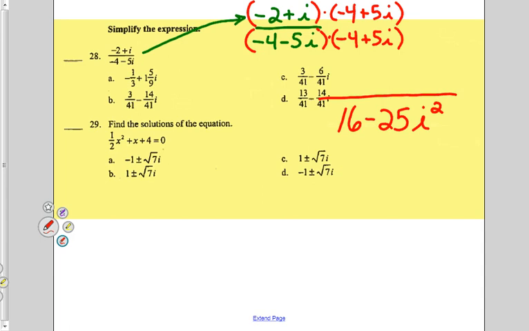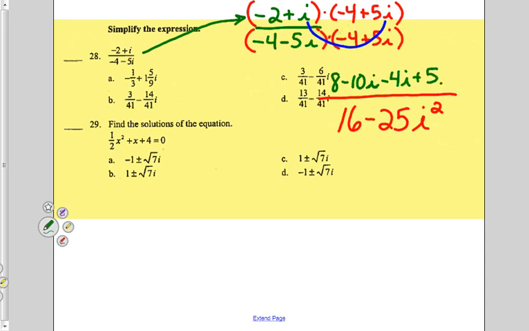Let's do the numerator. The numerator is allowed to still have an i in it when you're done, and it usually does. So what do you get? First, 8. Outer, negative 10i. Inside, negative 4i. Last,